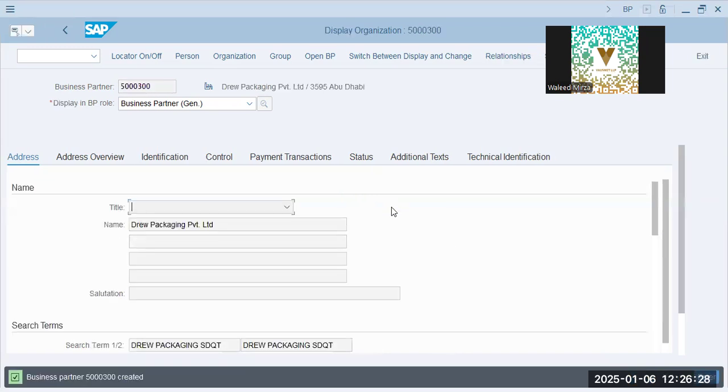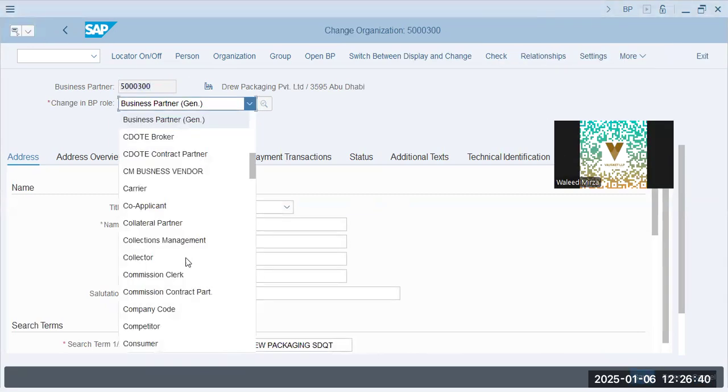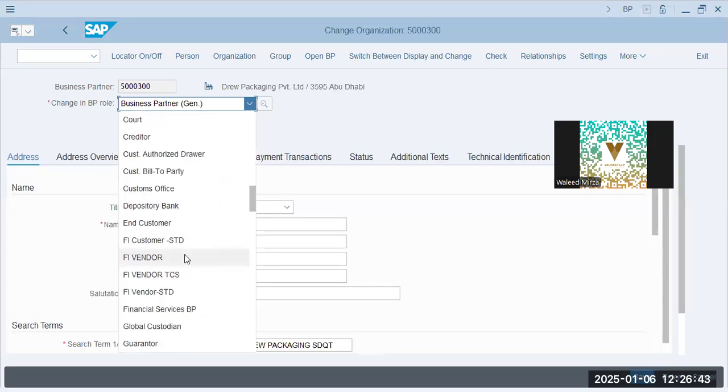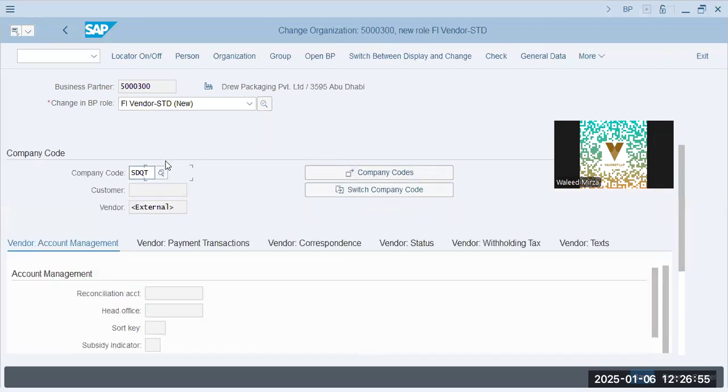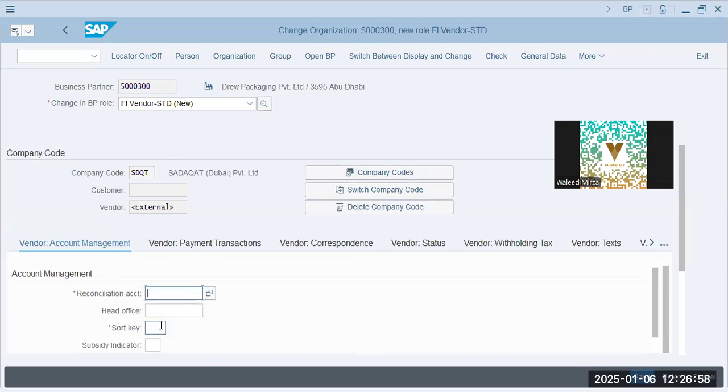So it will give us 5,300, the numbering range we assigned. Okay, switch between display and change. And we will go for finance vendor, which is finance vendor standard, new company code, SDQT, enter. Now it needs a reconciliation account. What we'll do, we will not save it, but we will go for